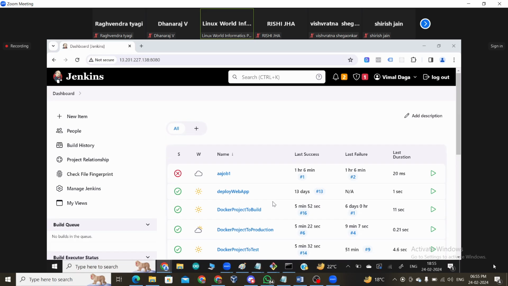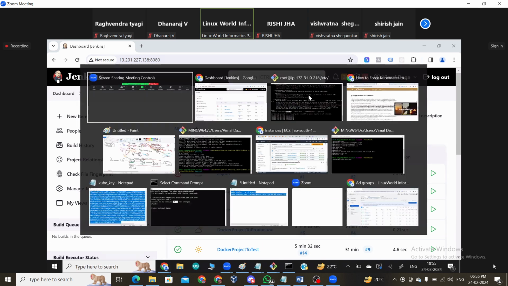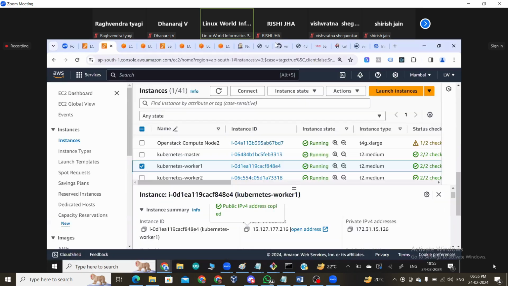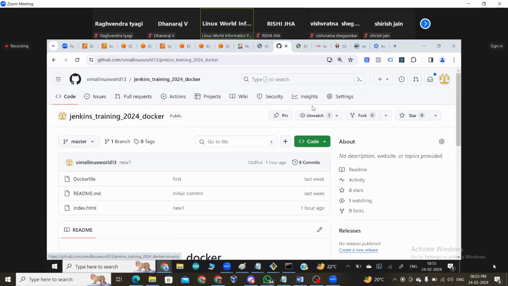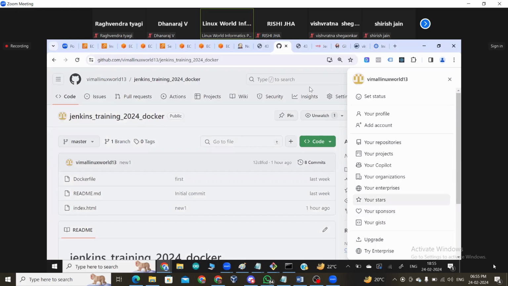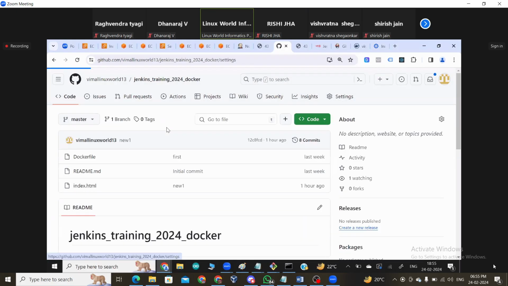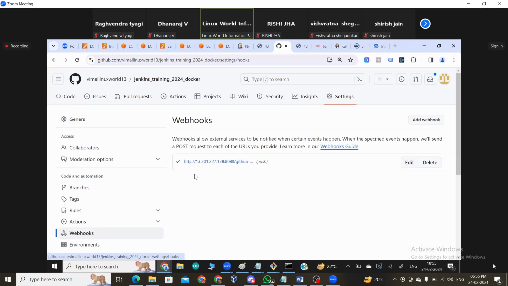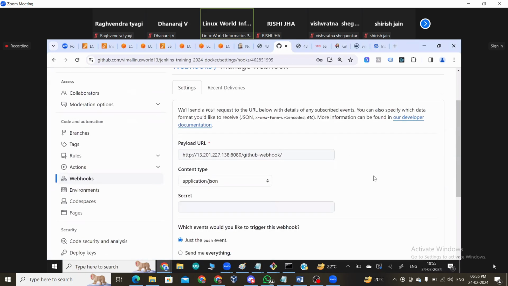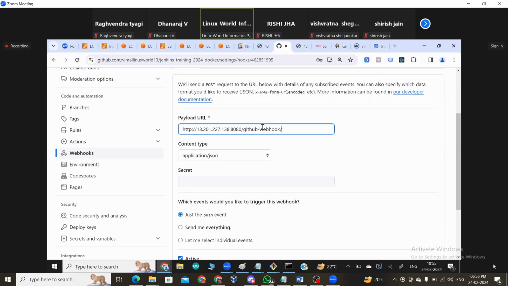So in the payload URL, Vijit, I told you to give a Jenkins URL for the Git webhook that I showed to you, right? So those URLs you have to write in GitHub. In GitHub, go to project settings, not this above setting here. Don't go for this setting. Every project has its own setting. In the setting, this is what you have to write. This is fixed always. Here you change, replace with your